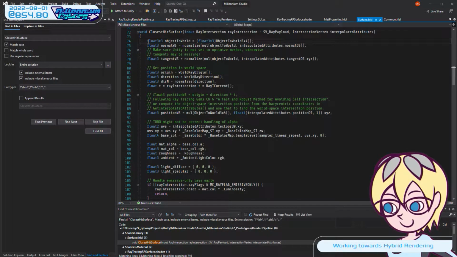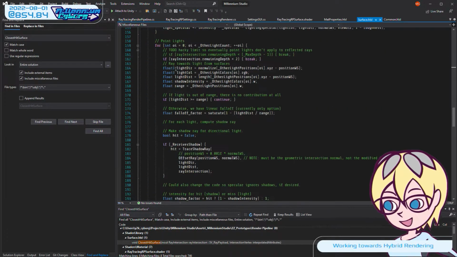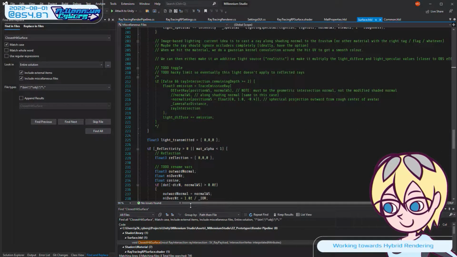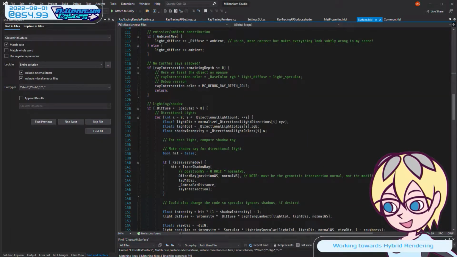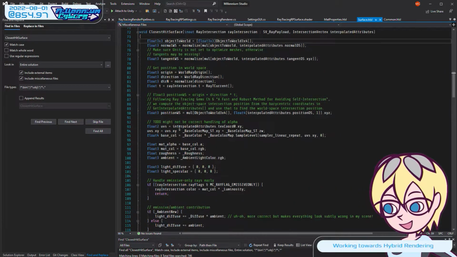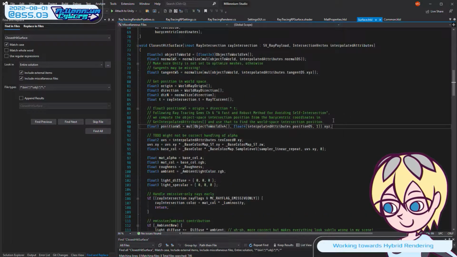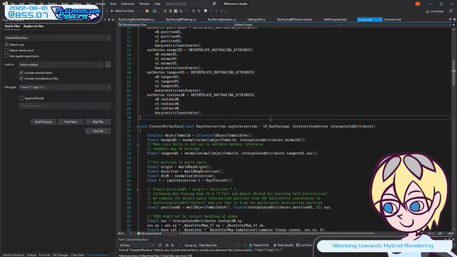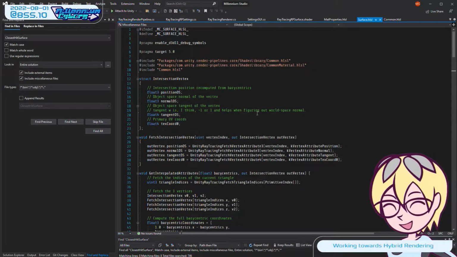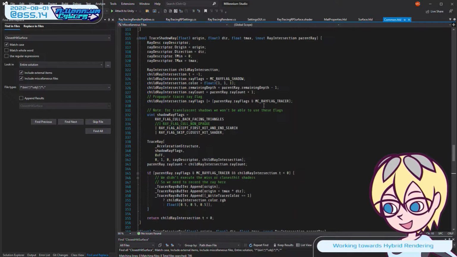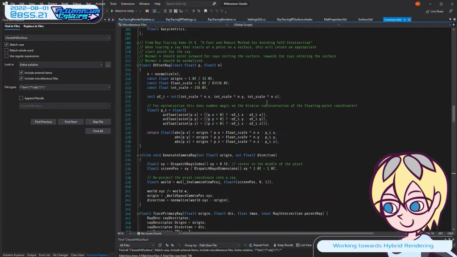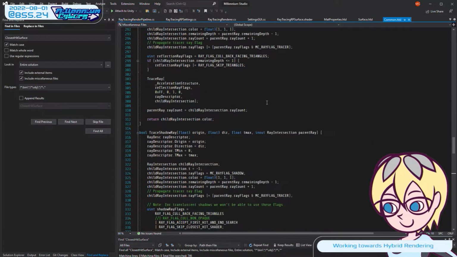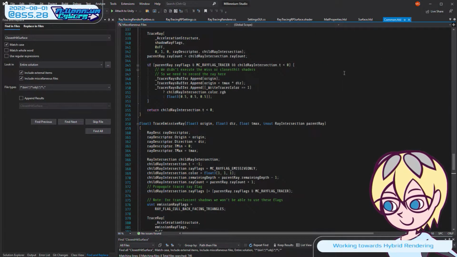Alright, this is the meat of the code that does the shading. And it's very hacky. It's where I do a lot of experimenting with how it's all working. What I want to introduce, and I might have declared one somewhere already, I might have commented that out, I want to introduce a new struct. Probably need it in